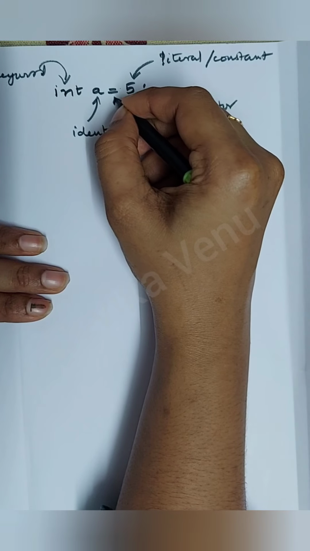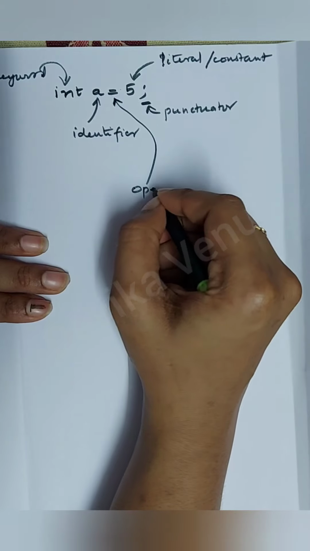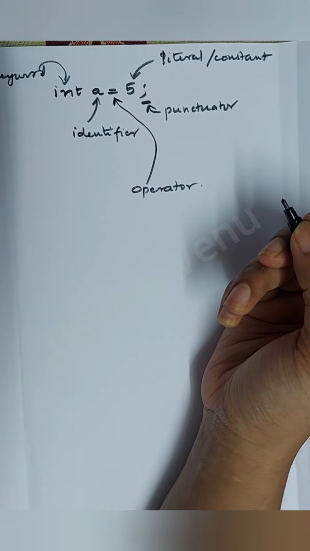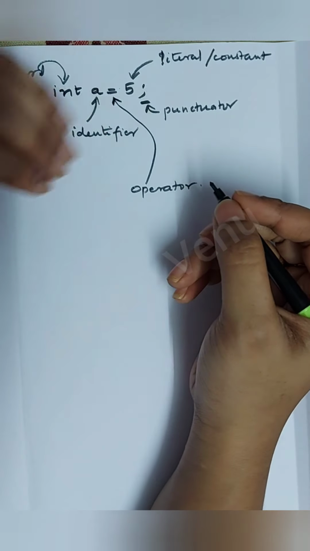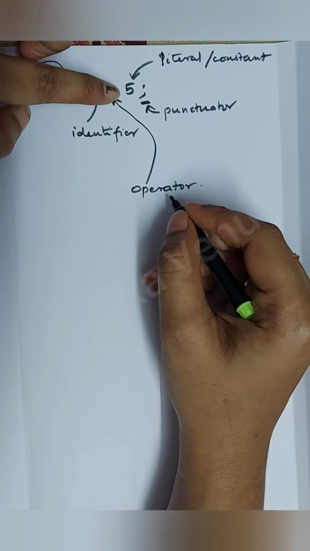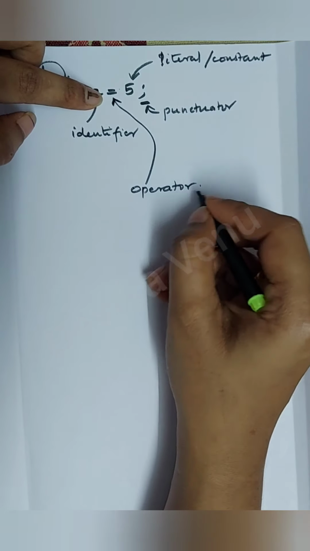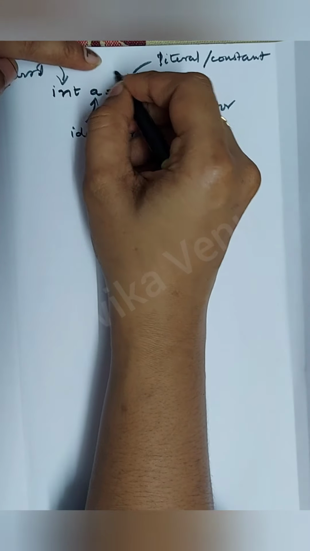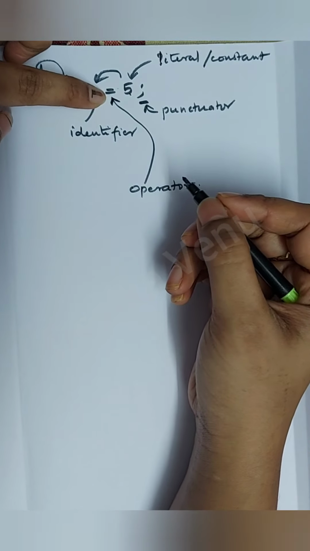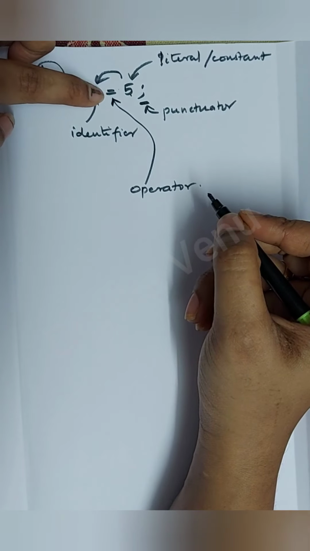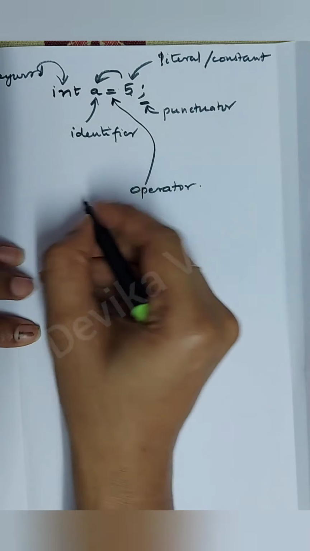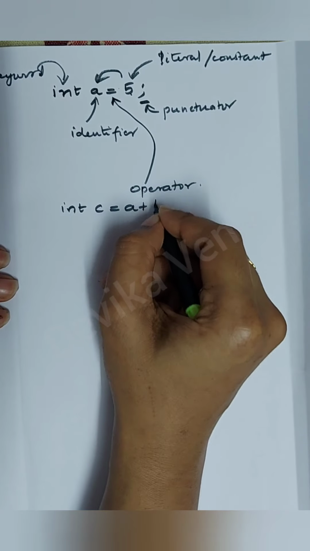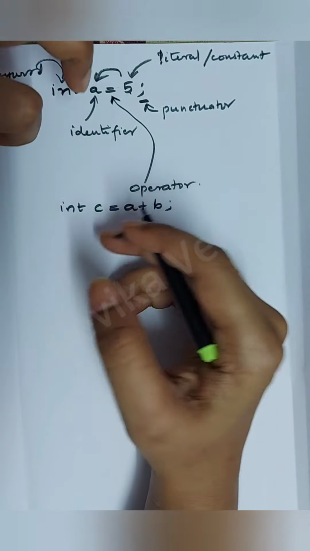See here there is an equal to sign, it is known as an operator. Okay, so there are different types of operators. We will come through the various types of operators in the coming programs. So equal to is one such operator, and it is known as an assignment operator, which means that you are assigning the value of 5 to a. Generally you can group the equal sign inside an operator, and you take another line, int c equal to a plus b. Okay, so this is one random line I have taken from a program.